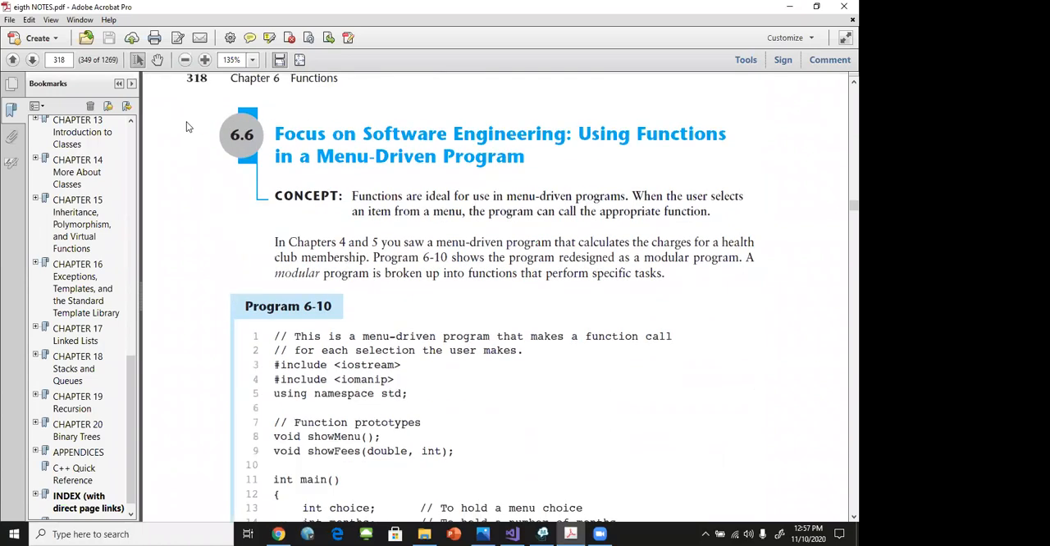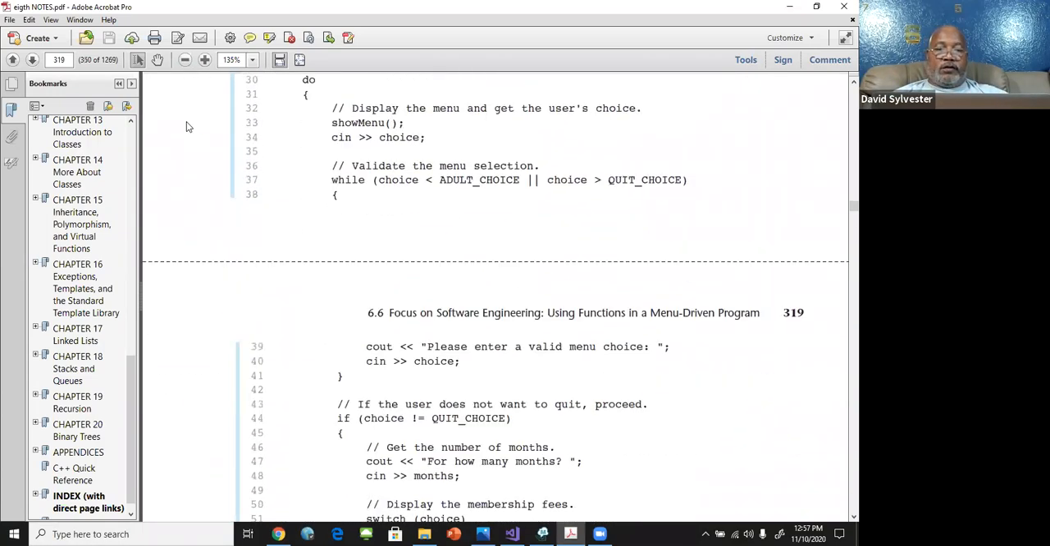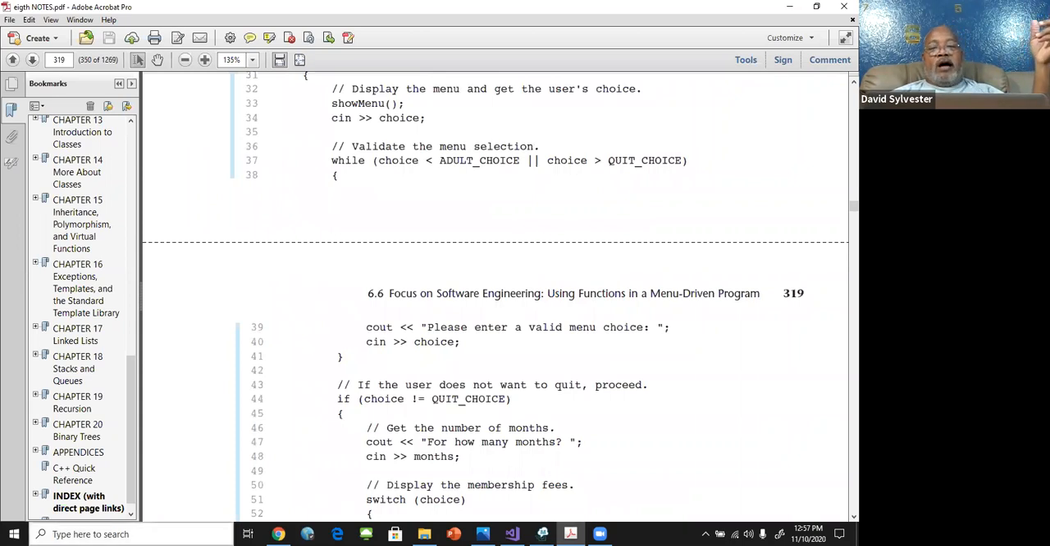All right. Yes, sir. And like I say, functions with menu-driven systems. Now, what happens is,